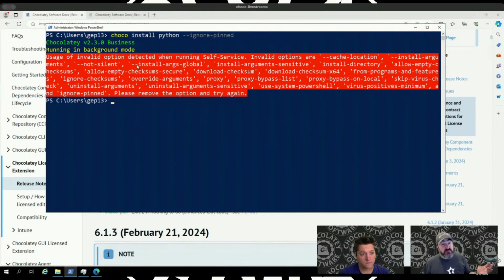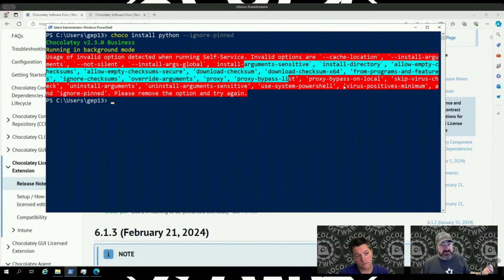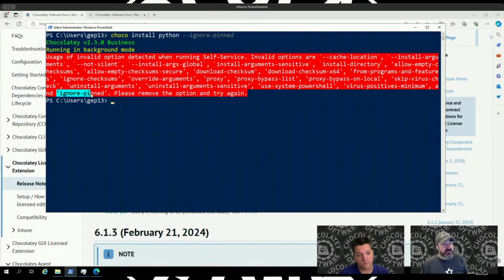Now, there are quite a few of those arguments that are not allowed through self-service. You'll see them all listed here. And at the end there, you'll see that there's a new one, ignore pinned. So that new ignore pinned flag that we added for the purposes of choco upgrade is now not allowed when you're doing it through